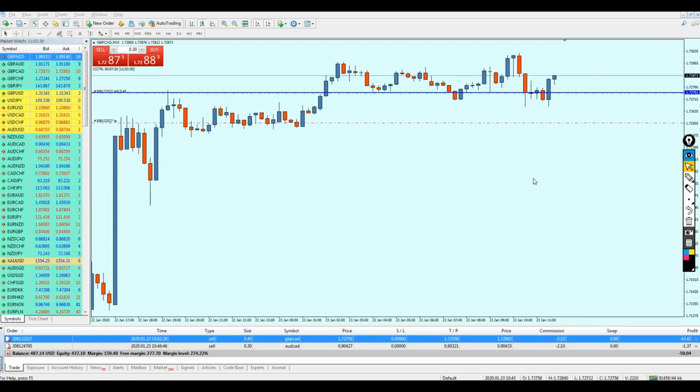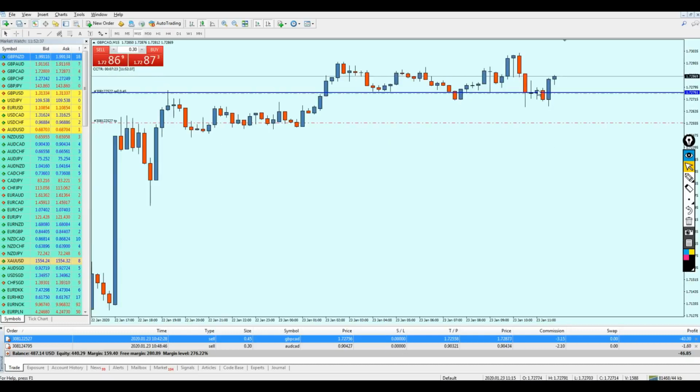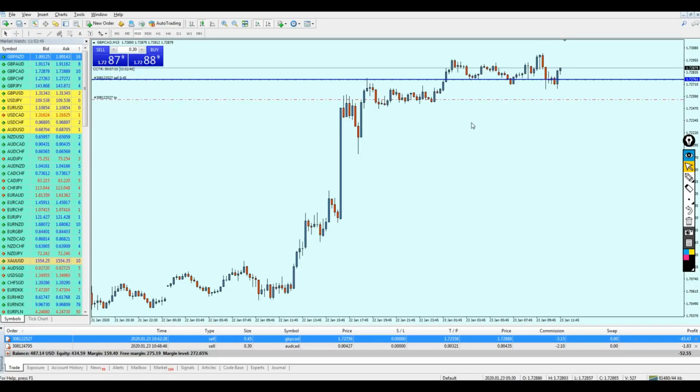Okay, my friends, let me just take you through what's happening right here. This trade so far is not going well at all for the pound Canadian. The pair has made a sudden reversal here, and it started going in a bullish reversal. So far it's at 11 pips of loss. I'm thinking that I should actually close this trade with a loss, because we can see that